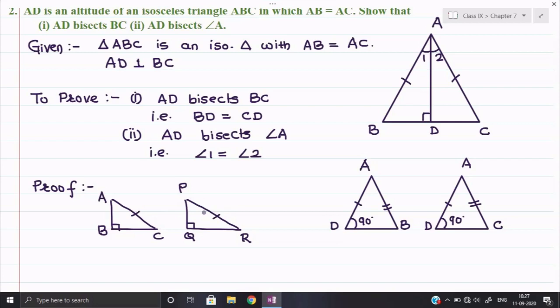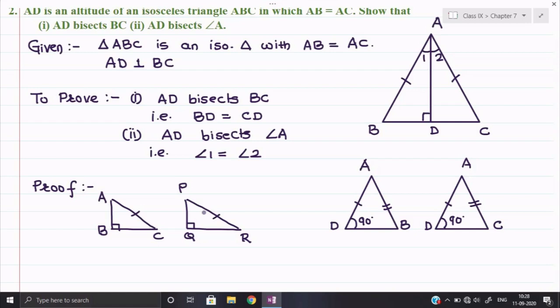Second requirement is that of the remaining two perpendicular sides. Who are the perpendicular sides here? The sides which form the perpendicular. Observe in triangle ABC, AB and BC are forming the perpendicular, right? Similarly, in triangle PQR, who is forming the perpendicular? PQ and QR. So we can say that of the corresponding pairs of perpendicular sides, any one should be equal.